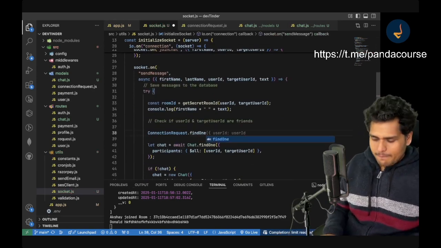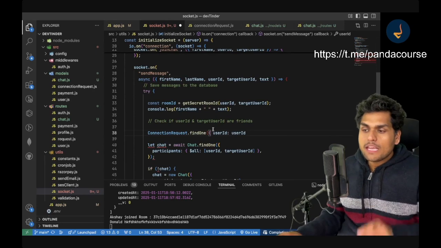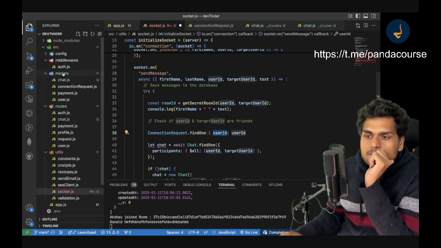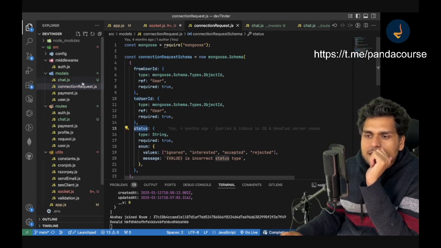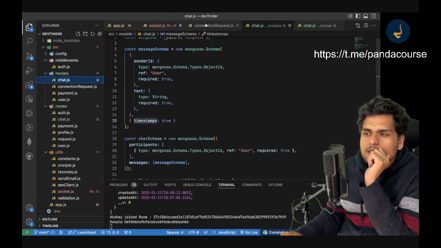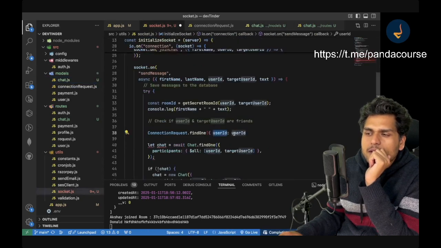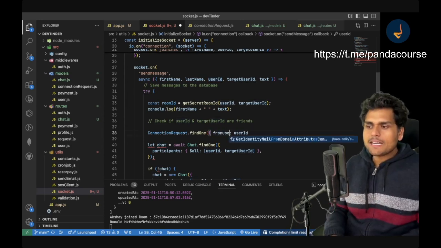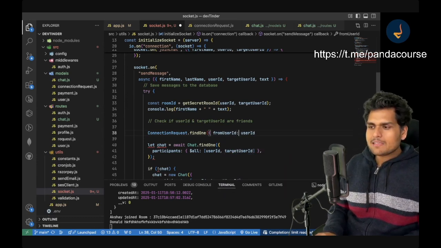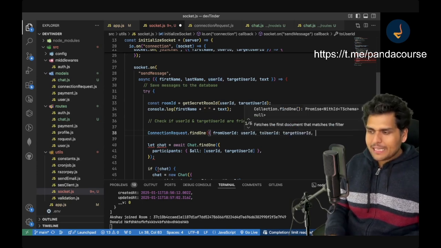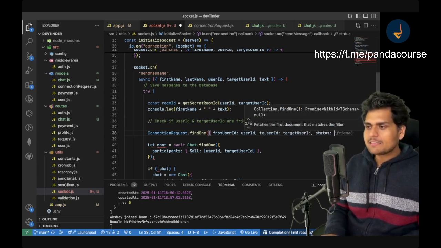Dot find one, and then I need to find out if my... what is there? From user ID to user ID and status, right? So if my friend request, should I tell you how to write, or you will write it yourself? Tell me. Should I tell you? If my from user ID is my user ID, to user ID is my target user ID, and my status is accepted,